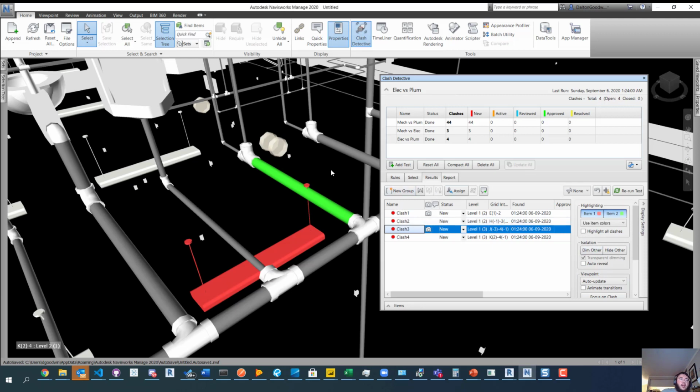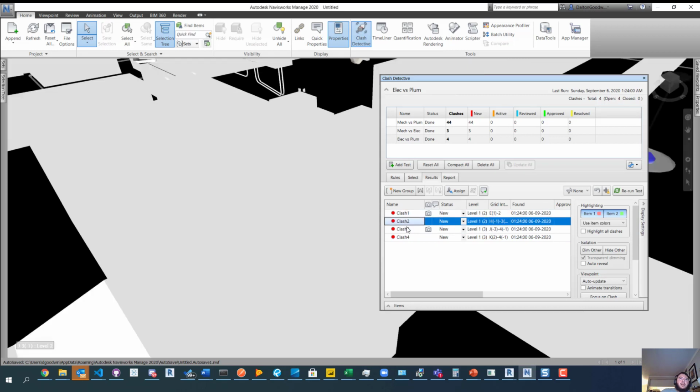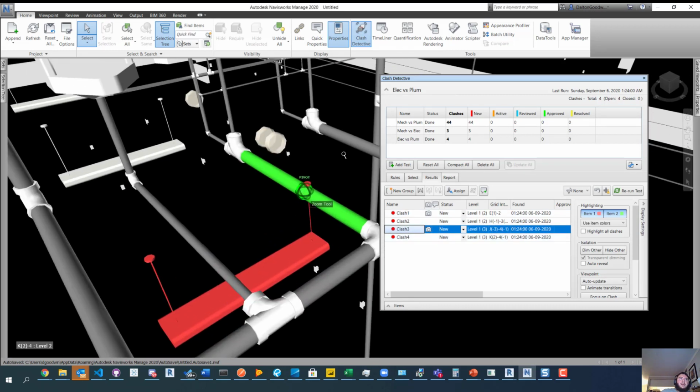Something else that I will sometimes do, depending on the project, is if there's a ton of clashes, I will group stuff. I use the BIM Track tool to group things. Check that out. I have a video on my YouTube channel about that tool, so that'll help group things. But what I do is I'll review clashes. So this one looks like an obvious clash, but